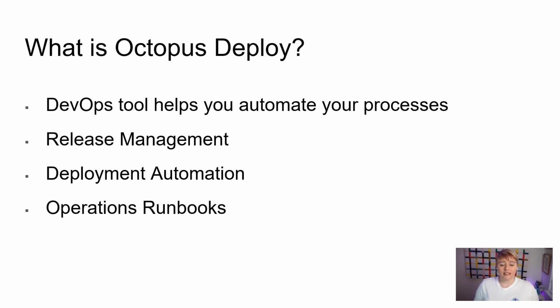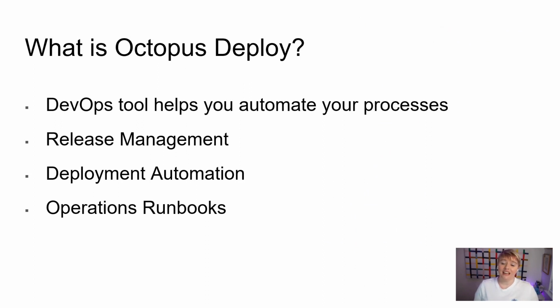Now, the second part is about deployment automation, and that's about automating that release of your software. Now, let's face it, when we build our software, there are different stages that we have to go through. If you're building a .NET application, you may want to build it and restore it and put a bunch of tests through it before it goes through to your environments. And this is where Octopus can help you. It can actually automate that process so that, let's face it, as a human being, if you are working through that checklist, you might miss a few things, whereas Octopus won't miss a few things, and it'll be consistently deploying those steps for your software build across all of your environments.